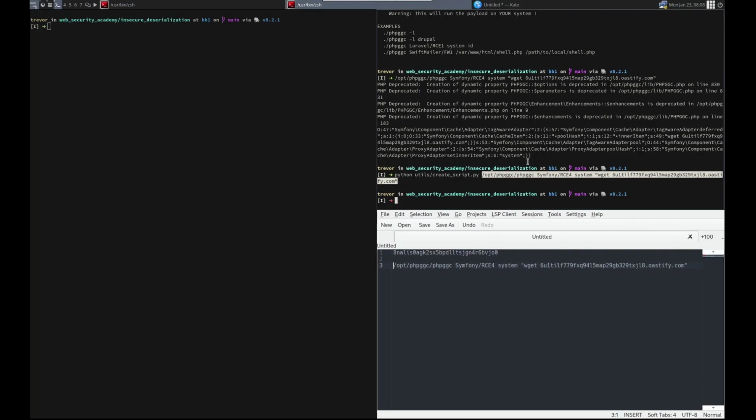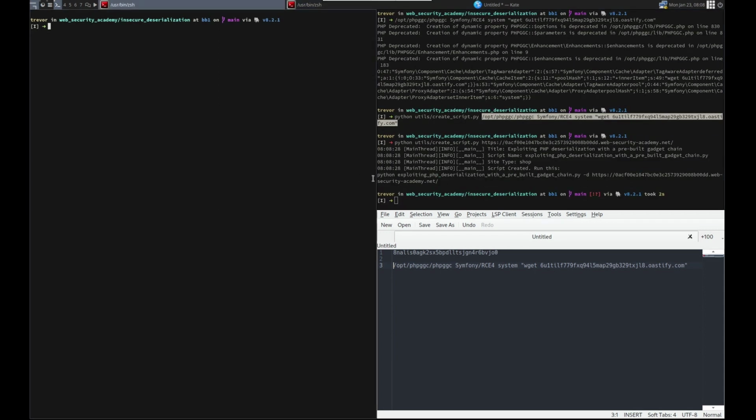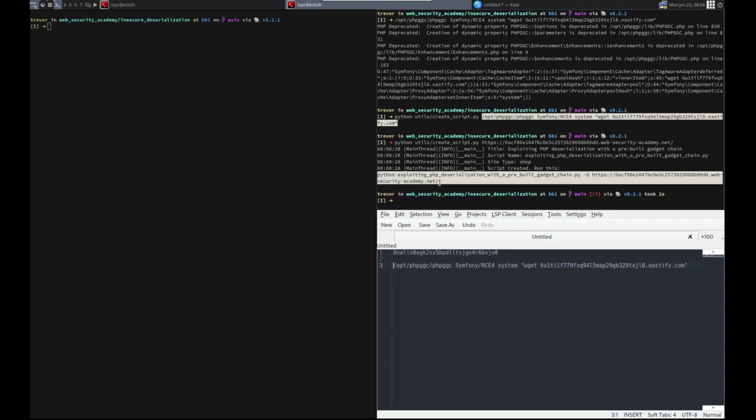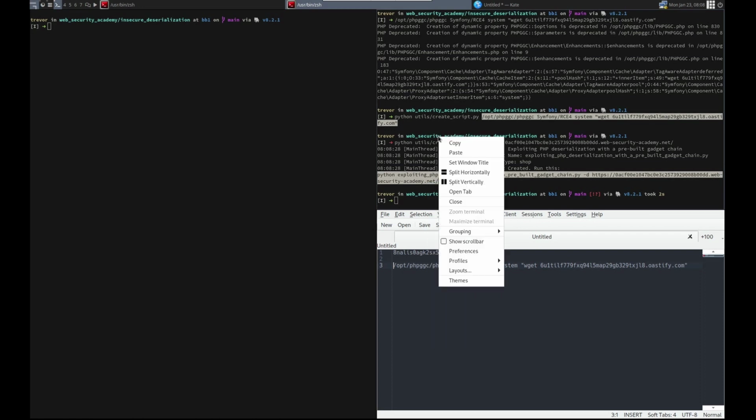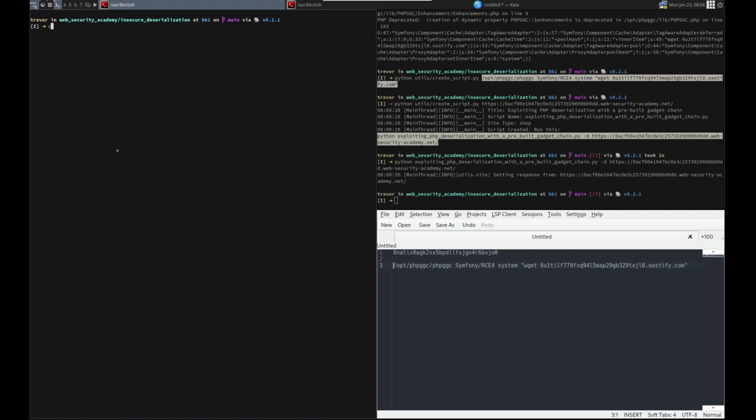Copy link. Python utils create script there. And then we'll copy this. Paste that. And over here, we're going to do vim